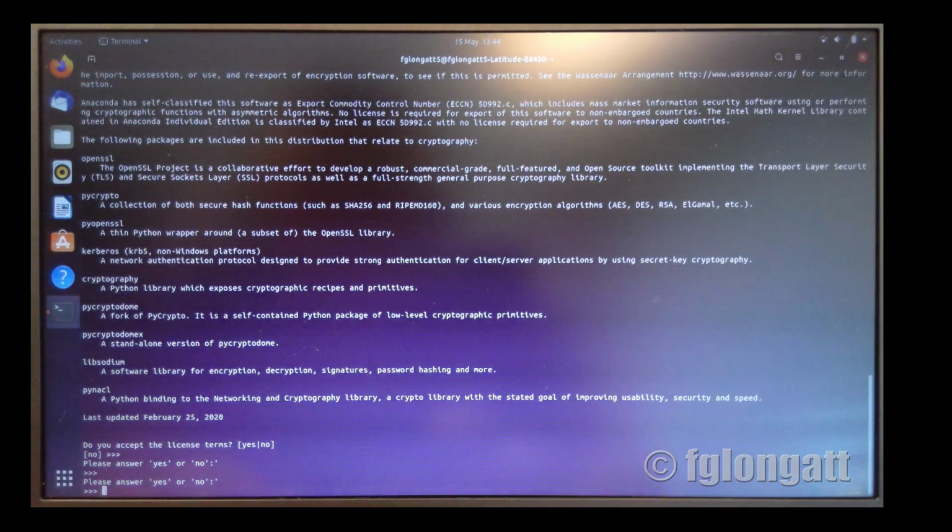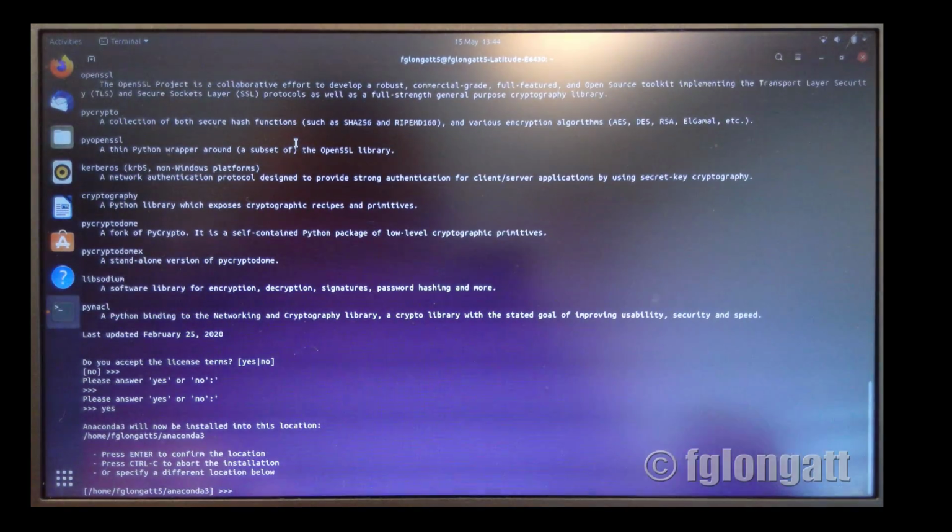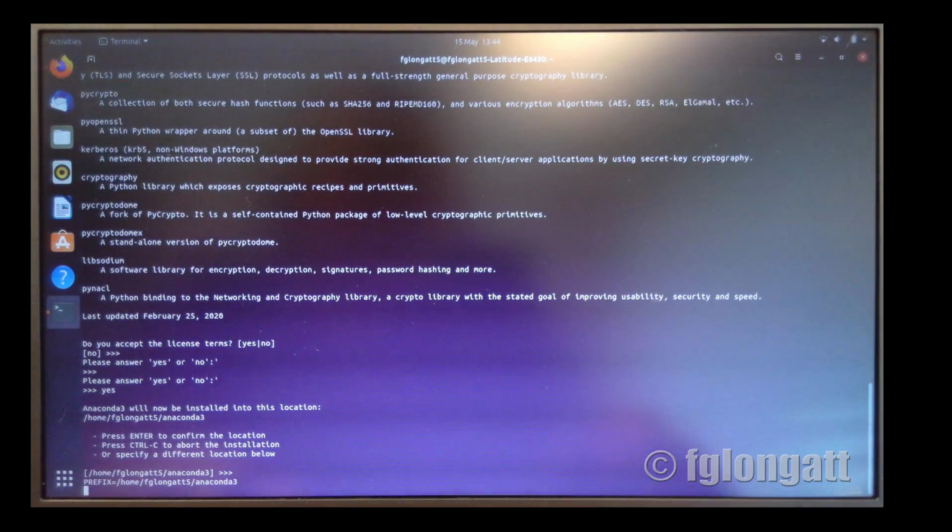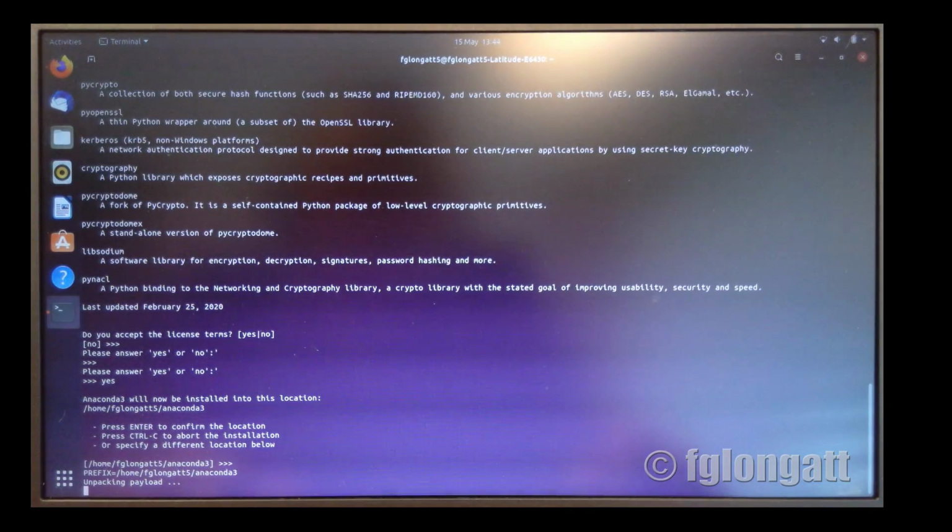Of course we agree. And now Anaconda will be installed inside a folder that the name is Anaconda 3, and it's located inside my folder Gonzalez-Longatt number 5. What I will do is I will press enter in order to confirm the installation,